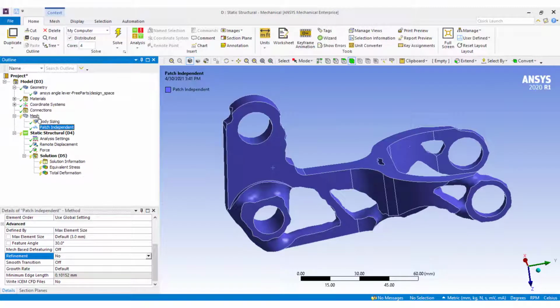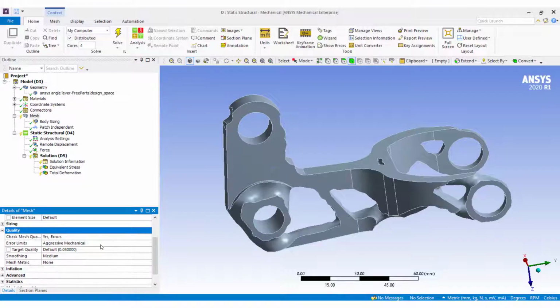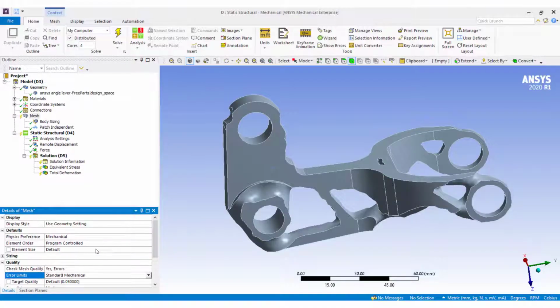It will help the analysis study to run properly. Now everything is ready. We can run the simulation and get the results.